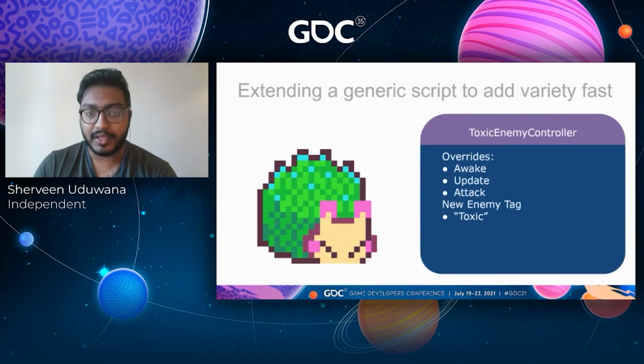And then let's see. Yeah, this next enemy, I think this is the last enemy that I've included in this talk. It was just a toxic enemy controller. And this enemy just passively puts out damaging particles if you get near them. So I just needed to set that up in the awake method, update that, and modify its attack, and add a new enemy tag. And really quickly, each time I worked on this, it took me maybe an hour to make each different enemy type.